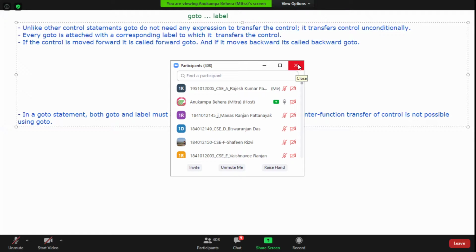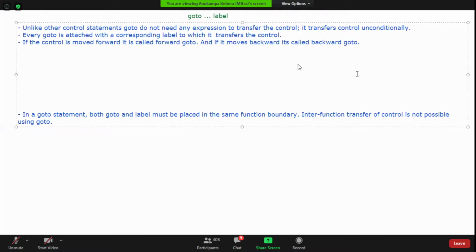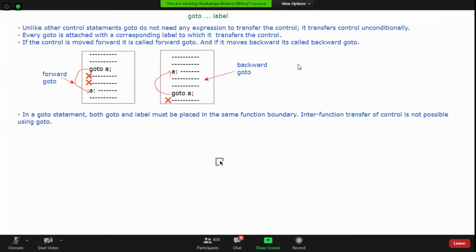If it is not possible to go to the label, but why is it not possible for goto to go to the label? That is what I'm asking.